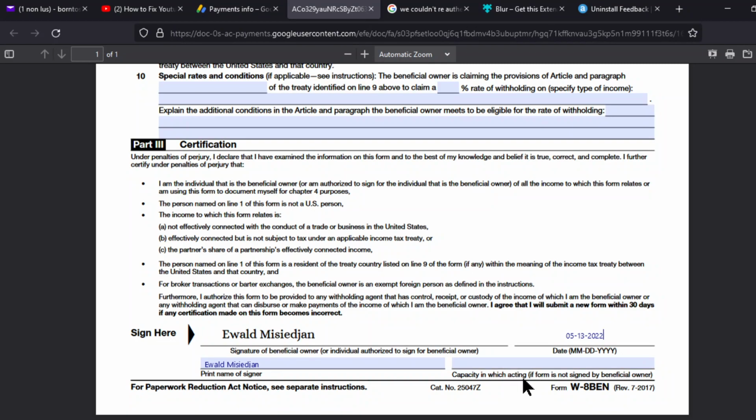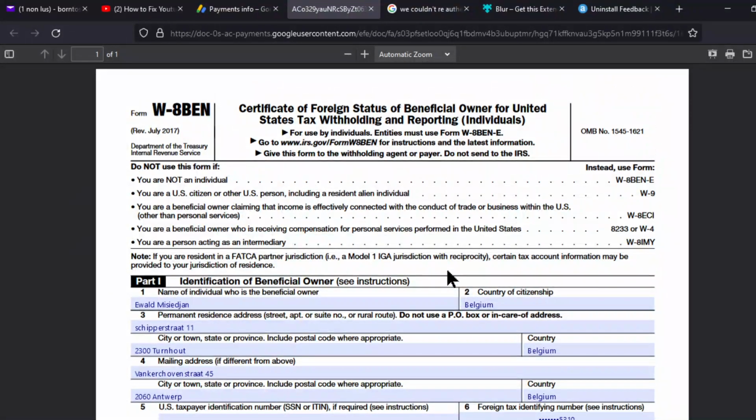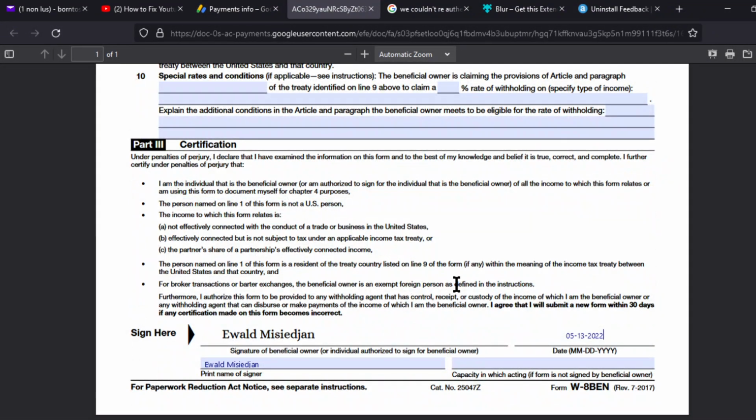What is this capacity in which I, the same name that's there, same thing, nothing. It was like this before. You know what I'm saying? So I don't know what else they need. Because I've done a lot of things on the internet. I've solved a lot of big problems. But when I finally solved those big problems, it turned out to be something really, extremely simple. So that's one big lesson I learned.